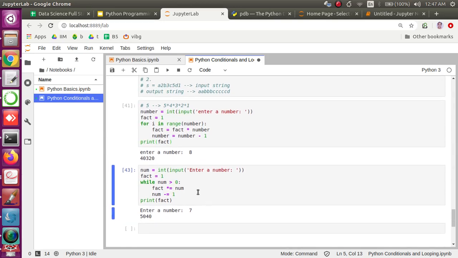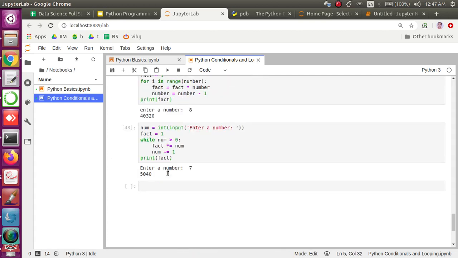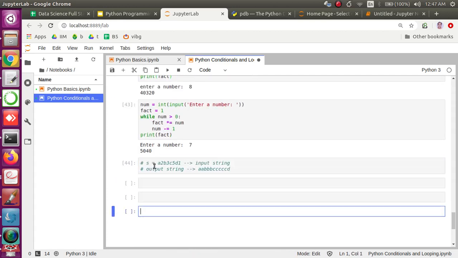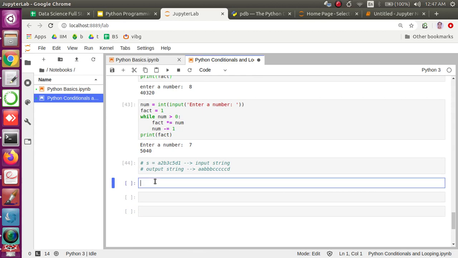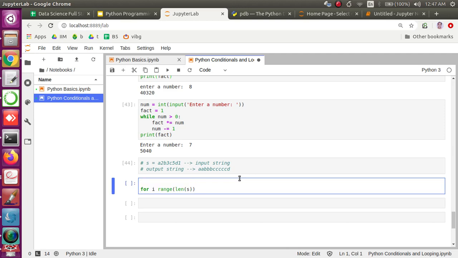The second problem was the input and output strings. Let me check how we can do this using string operations. We have seen, if I say I want to iterate over, I'm going to make it simple. There are n number of ways, there are different ways everybody can solve this. I'm just focusing on how to get to the solution with the help of whatever basics we have learned.